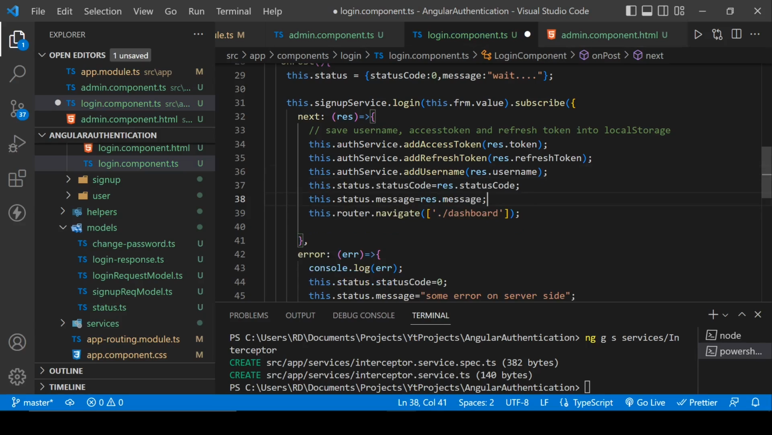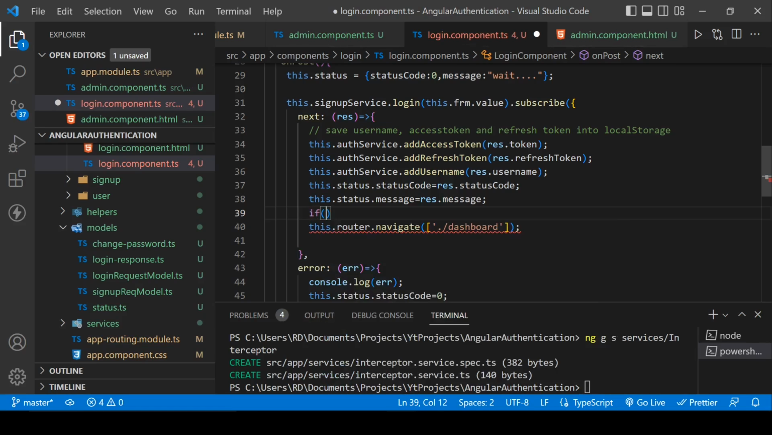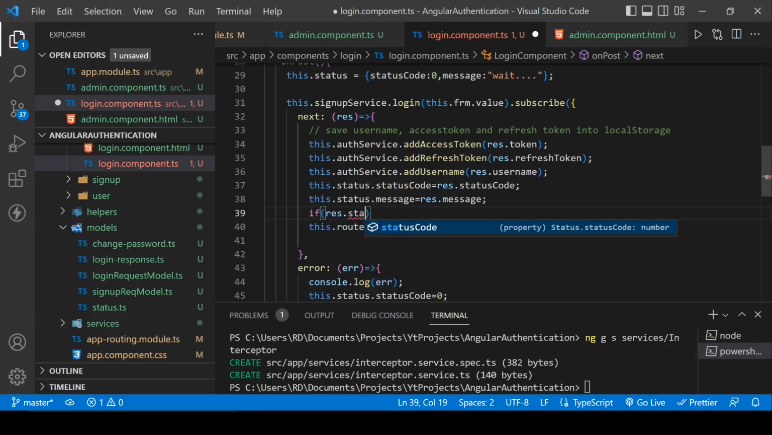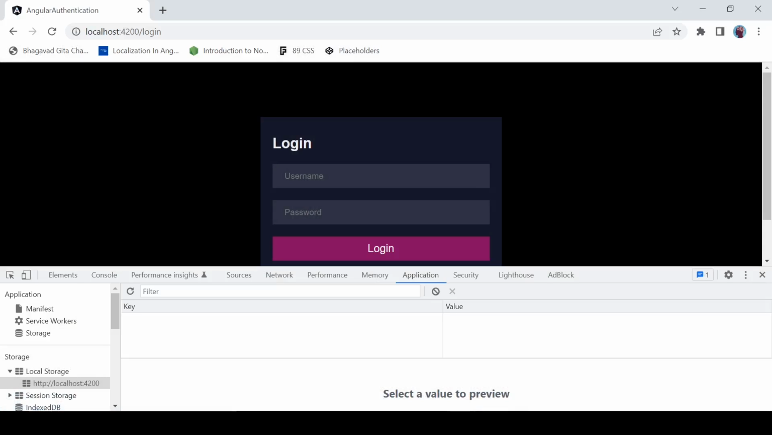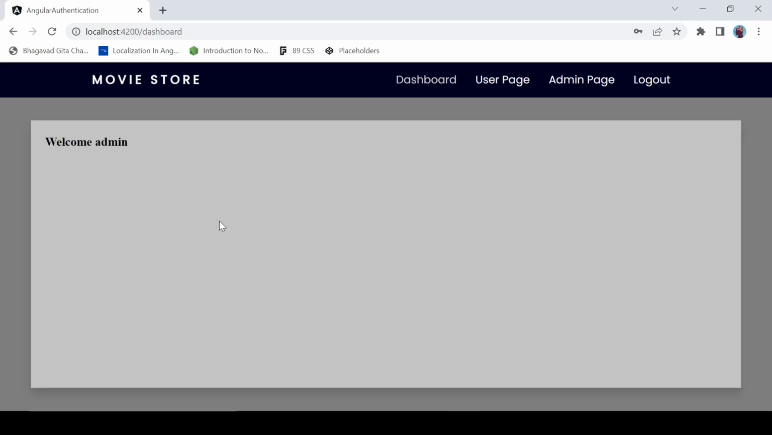Okay, and we will only move to the dashboard if response dot status code equals 1. Okay, now let's try to log in again. Admin@123, and let's see what it says: invalid username or password. Admin@12345. Okay,